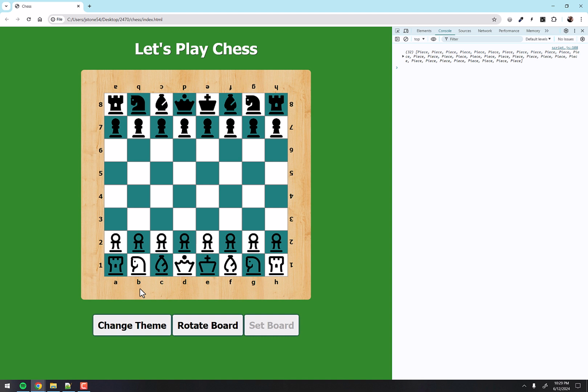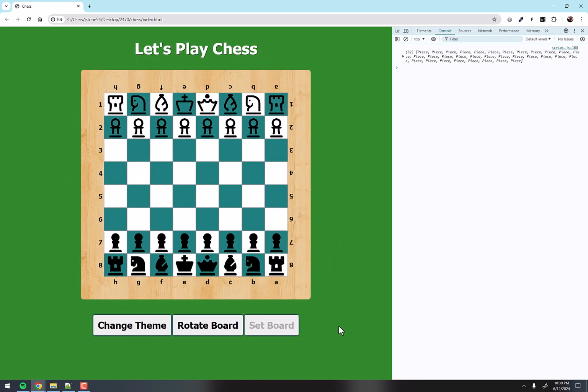You'll also notice that if you know how to play chess, the A is on the left for the person playing the white pieces. And it's kind of hard to tell, but these down here at the bottom are the white pieces, and at the top are the black pieces. And so it goes A through H from the white player's perspective, and going upward 1 through 8 from their perspective. If, however, the black player is looking at the board, so we rotate it so the black pieces are down below, you'll notice that their perspective, it goes from H through A, and it goes from the bottom up, it goes 8 through 1, so it's backwards from what the white player sees. And so that's why the numbers look upside down on some of them. So it has to look like that.